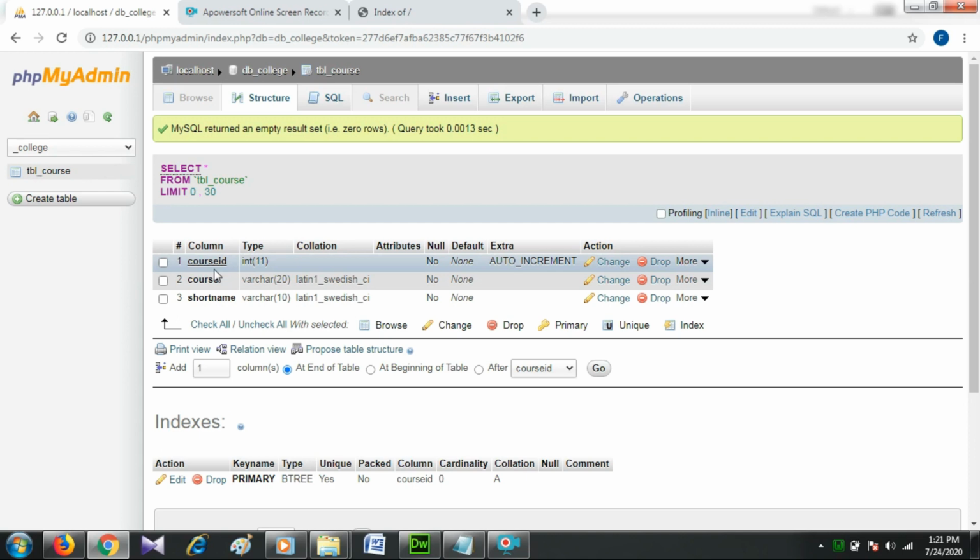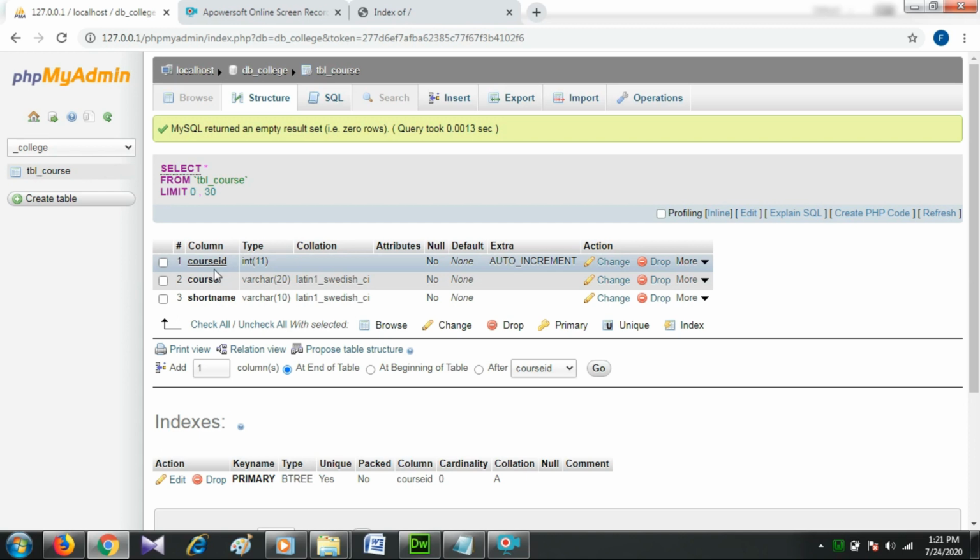For example, do not write tbl space student or student space id. If you want to give a space between two words, you have to use only the underscore. For varchar type you must specify its size or length. Don't forget these things. So this is our table tbl_course.